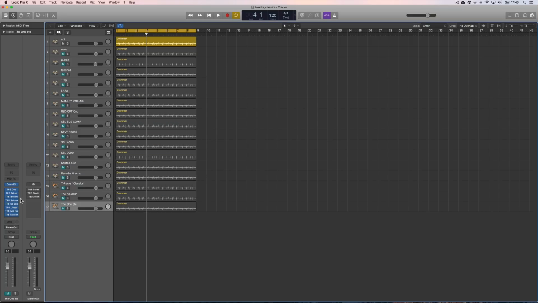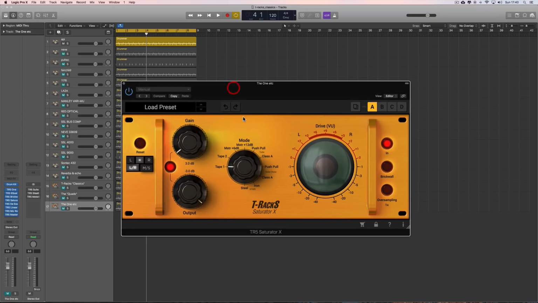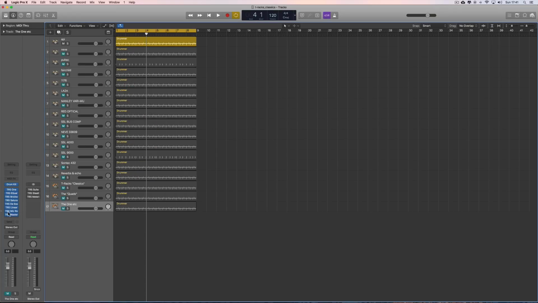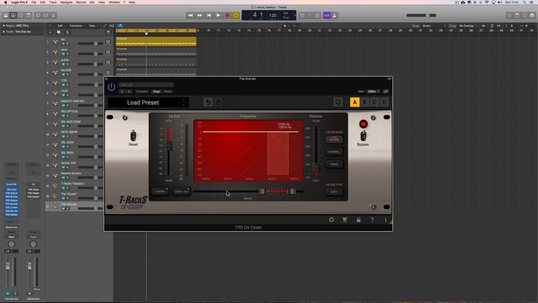Good stuff. And then we've got a saturator, and this is quite a cool one. It does all sorts of different saturation, from tape saturation to different kinds of distorted saturations to fully broken up type stuff. Really cool. And then we've got a very nice De-Esser, which you can use in